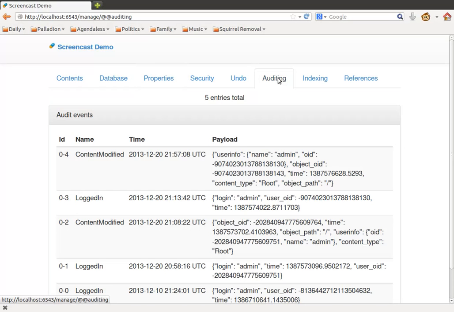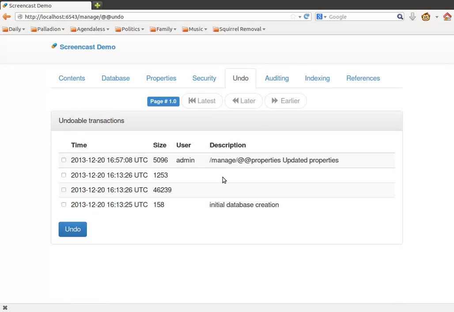We come over here to the auditing tab, and we can see that the last entry, we modified content here, and it shows which objects were touched at what time by what user. We can also come in here and see that when that change happened, we can see it in more of a summary here, and more to the point, each transaction in the list of transactions that can be undone shows up a little checkbox next to it. So if we want, we can actually undo the change that we just made,